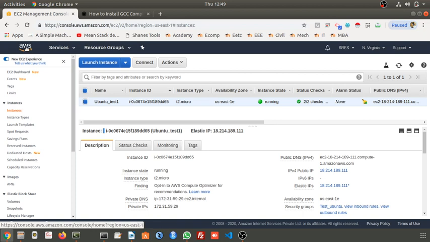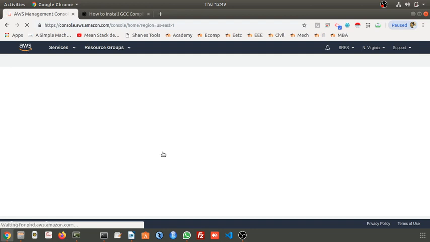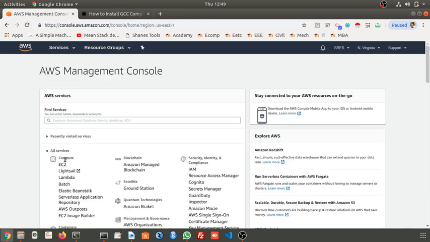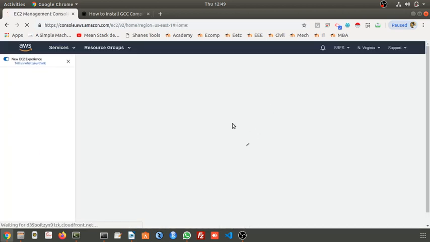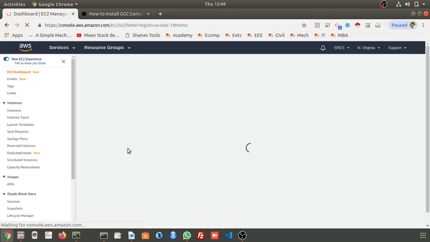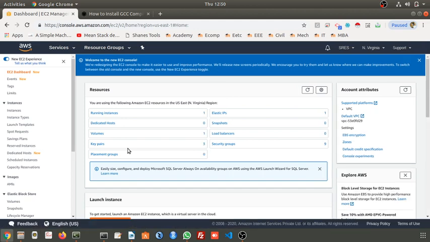Once you log in, your console will be visible like this. Select the region in which you have your virtual machine. Go to EC2. I created mine in the North Virginia region, so I have selected North Virginia and clicked on EC2. Now one instance is running.